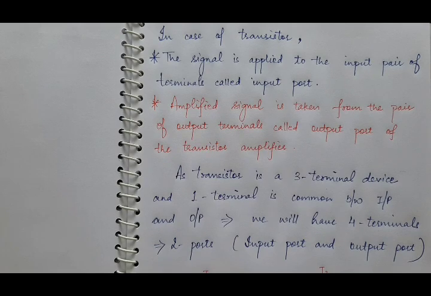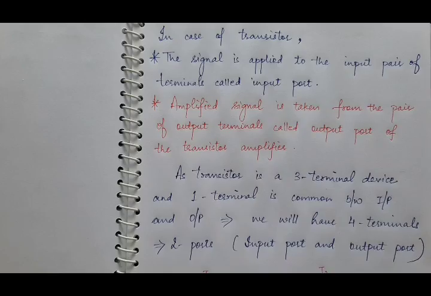So we know that in case of a transistor, how many terminals are there? There are 3 terminals: emitter, base and collector. So transistor is basically a 3-terminal device. Then how can you take this transistor as an example of a two-port network which requires a 4-terminal device? Though this transistor is a 3-terminal device, we know that in case of a transistor amplifier, one terminal out of the 3 terminals is always common between the input circuit and the output circuit.